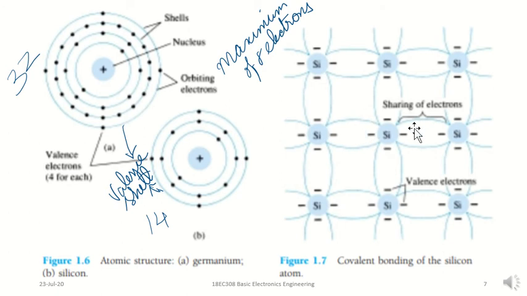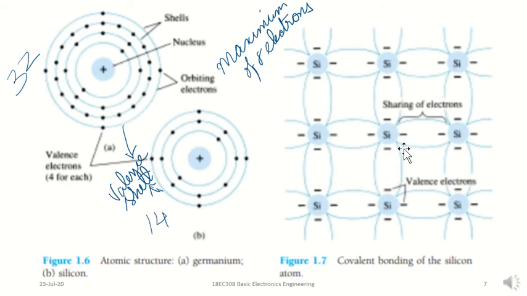Okay, so if you take this silicon atom, these 4 electrons belong to this silicon atom. This electron will form a bond with the electron in the nearby silicon atom. Similarly, this electron forms a bond, or shares the electron, with the nearby silicon atom. This also forms a bond with a nearby silicon atom. This electron also forms a bond with a nearby silicon atom. So totally, if you observe, the outermost shell will be having this relation also.